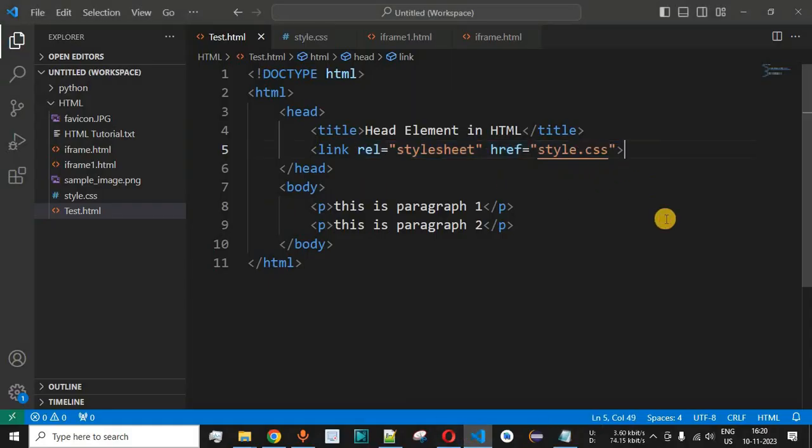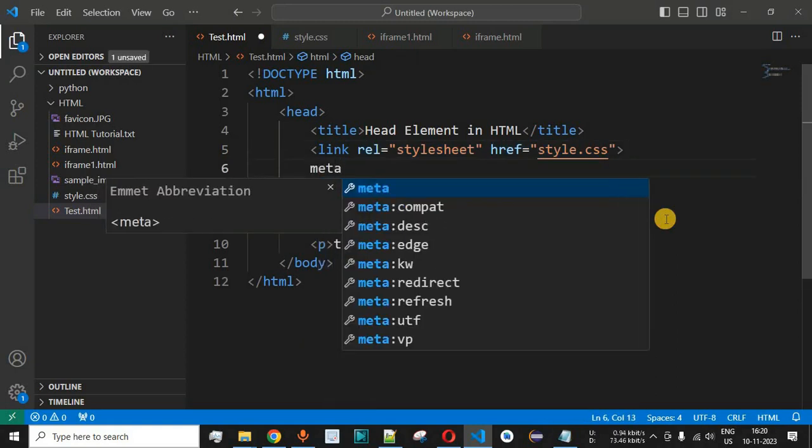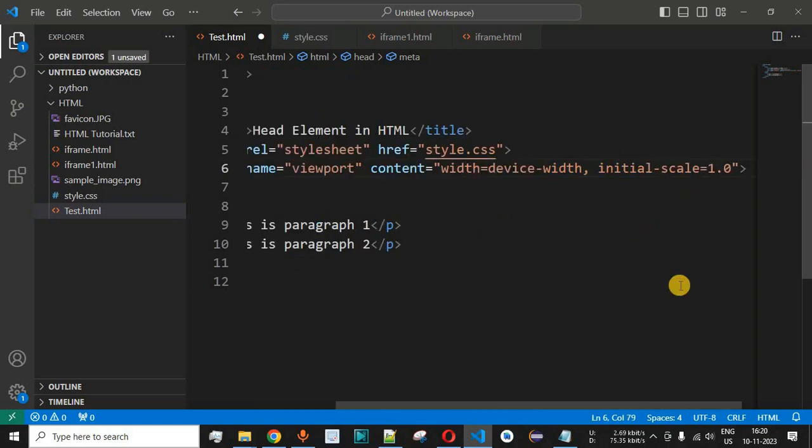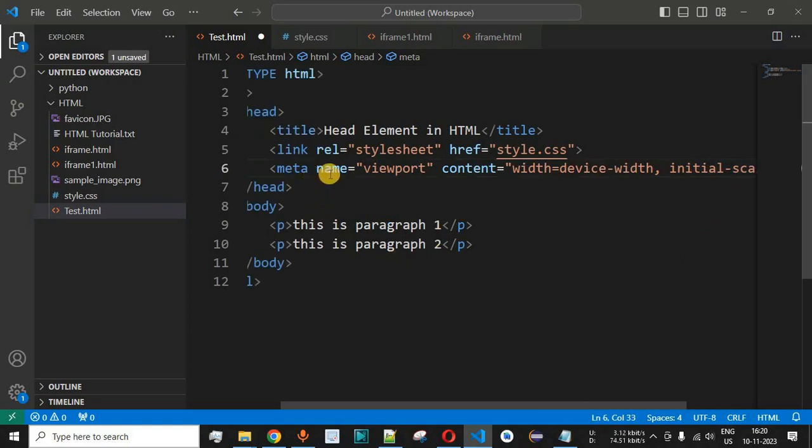So simply what we can do is we have to come over here and provide the meta tag in this case followed by colon, and then you can see this vp over here, which means viewport. So when we select this option, as you can see, the name is provided as viewport and the content is width equal to device-width, which means the entire device width will be used whenever the images or other HTML elements are going to scale automatically, and then the initial scale is 1.0 over here.